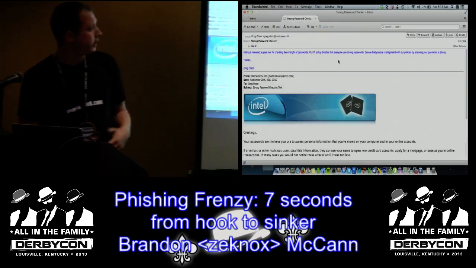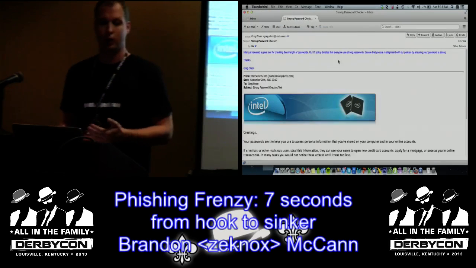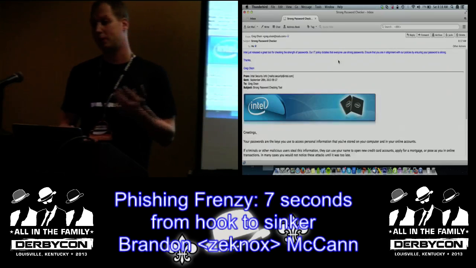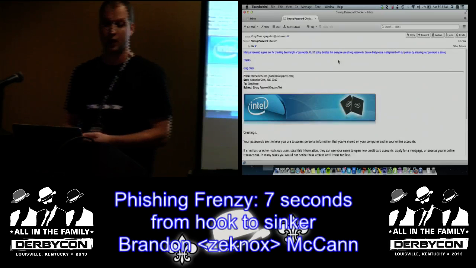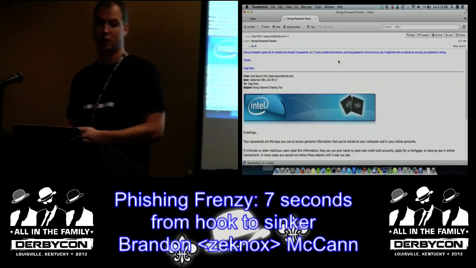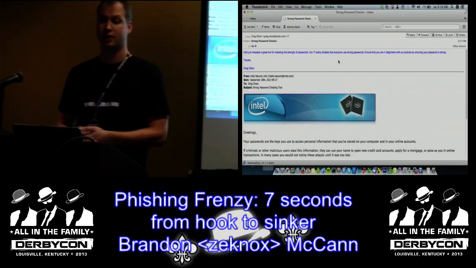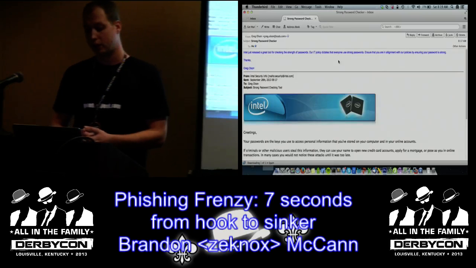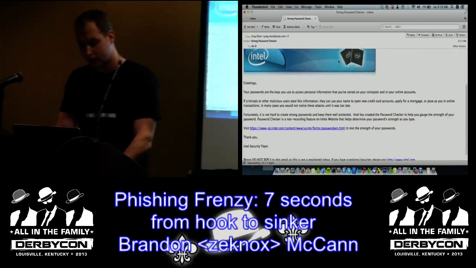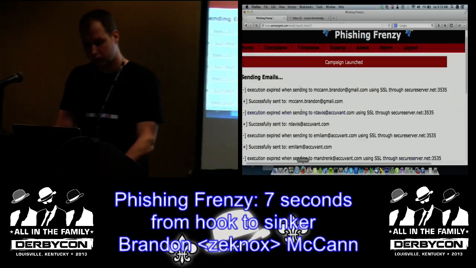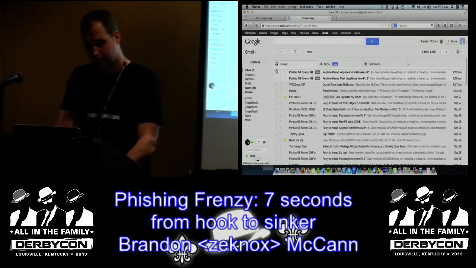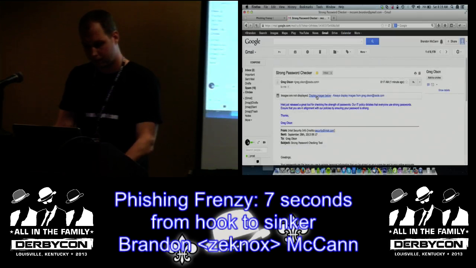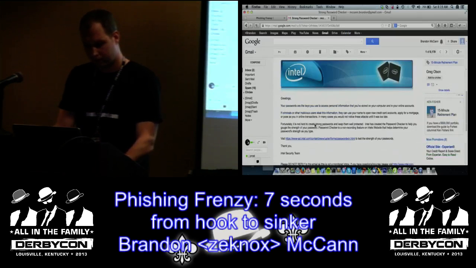And so essentially, in this case, we're impersonating an internal IT person or maybe a compliance person. It essentially says, hey, our IT policy dictates that everyone have strong passwords. Ensure you're in compliance with our policy and check out your password on this cool new Intel password checker site. And if the user clicks on the phishing website, bear with me here. And if we just click on the phishing link here,